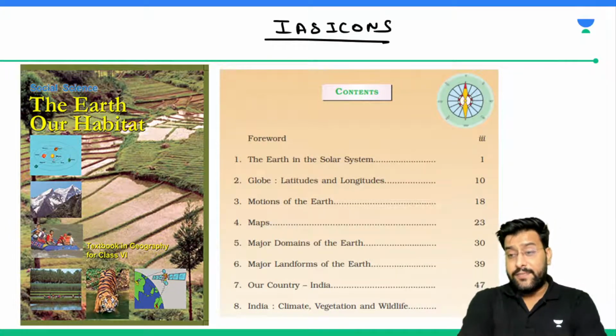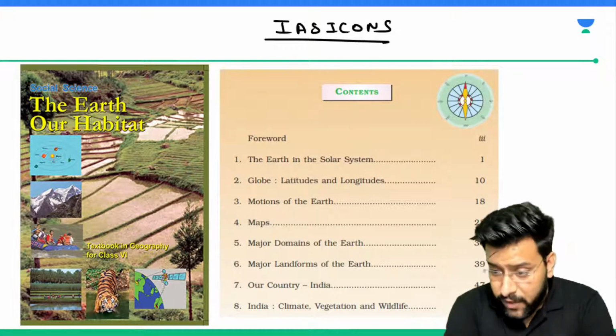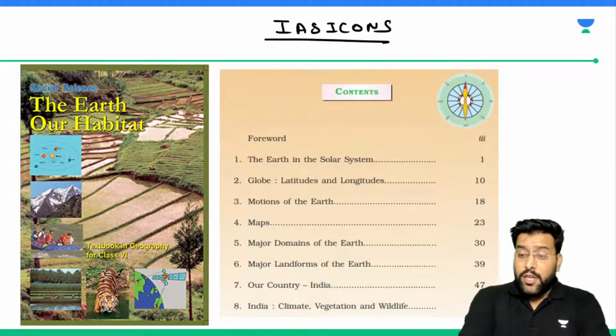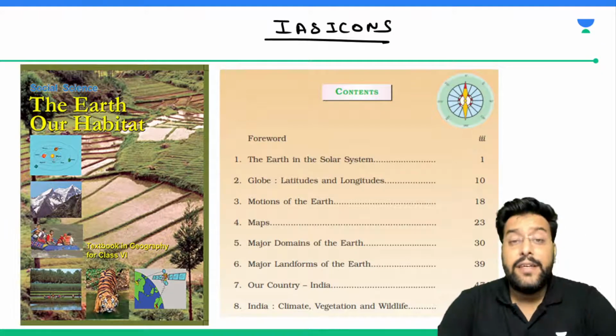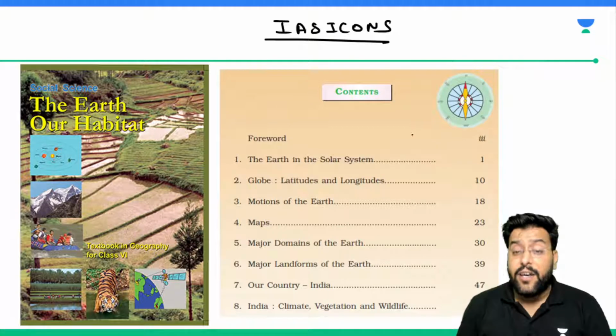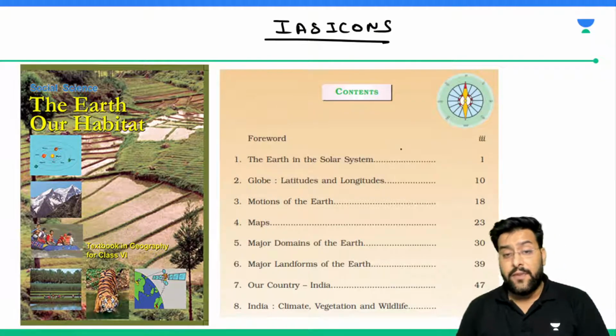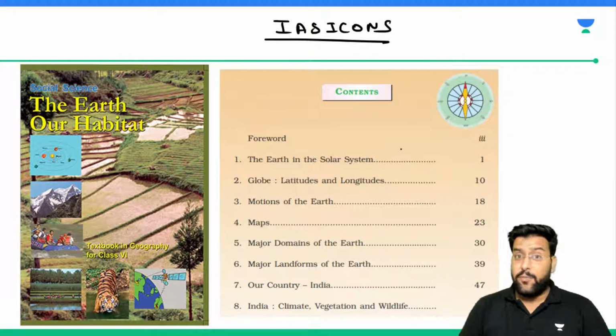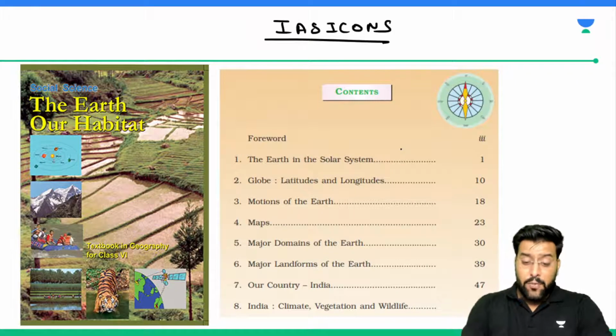Are we getting it? Are we following things or not? So I am fine, Kirti, Aparna, good afternoon. So you must be clear that we are discussing this geography NCERT, and which chapter we'll be discussing today and which chapters we have already discussed. Can you please let me know, so that I should know how thoroughly you are preparing or understanding?